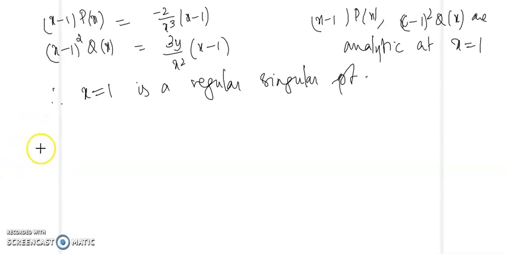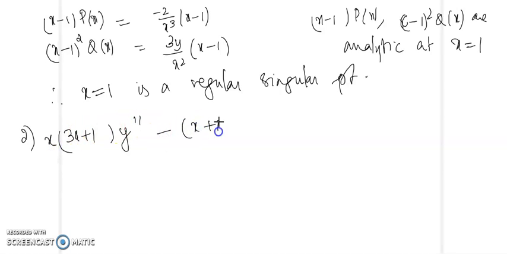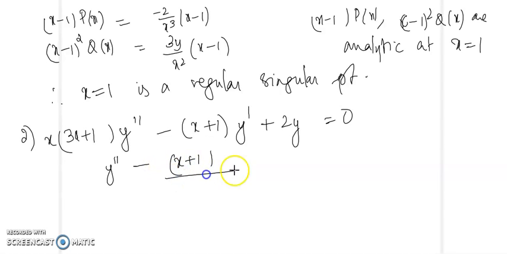Let us see one more example. The second example is 3x plus 1 x y double dash minus x plus 1 y dash plus 2y equal to 0. So we can rewrite the equation as y double dash minus x plus 1 by x into 3x plus 1 y dash plus 2y by